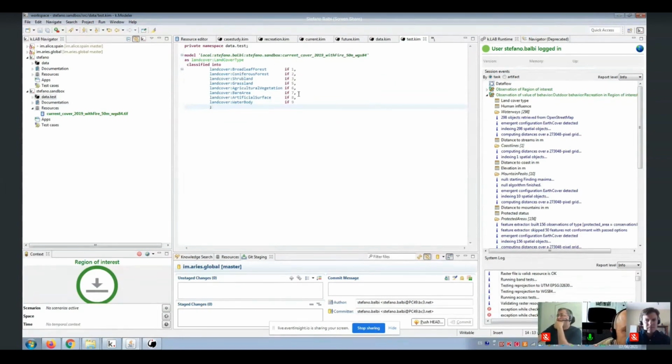Every number in the TIFF file corresponds to a land cover class, but because every land cover class is actually a concept, I need to connect the right concept to each class. So what happens is that because of the private keyword here, the reasoner, when resolving the question, what is land cover type in the case study, will not find it. But if I take this away, then the system will be able to find it.